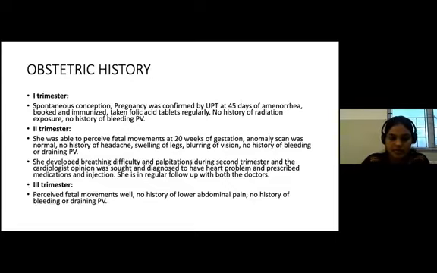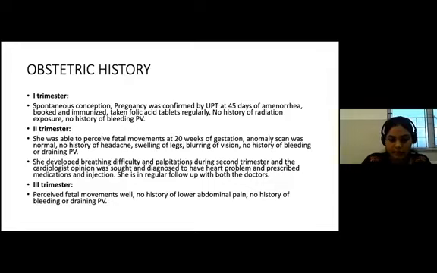Her obstetric history, first trimester, it was spontaneous conception. Pregnancy was confirmed by urine pregnancy test at 45 days of amenorrhea. Booked and immunized. She took her iron and folic acid regularly. No history of radiation exposure or no history of bleeding per vaginal. On second trimester, she was able to perceive the fetal movements at 20 weeks of gestation. Anomaly scan was normal. No history of headache, swelling of limb, blurring of vision, no history of bleeding or draining